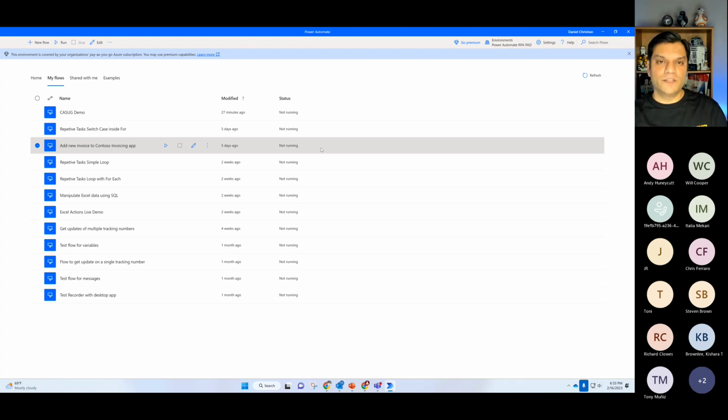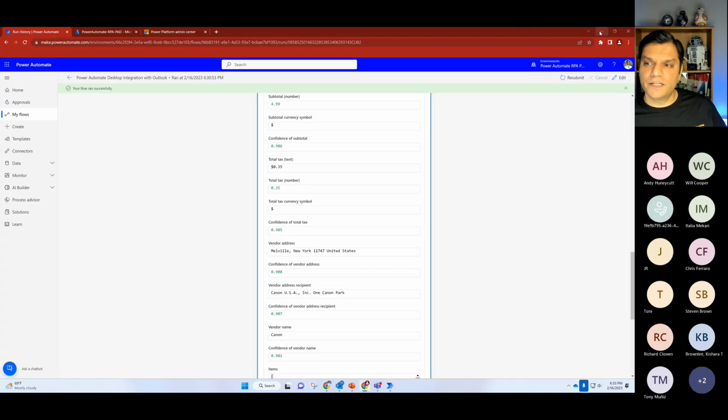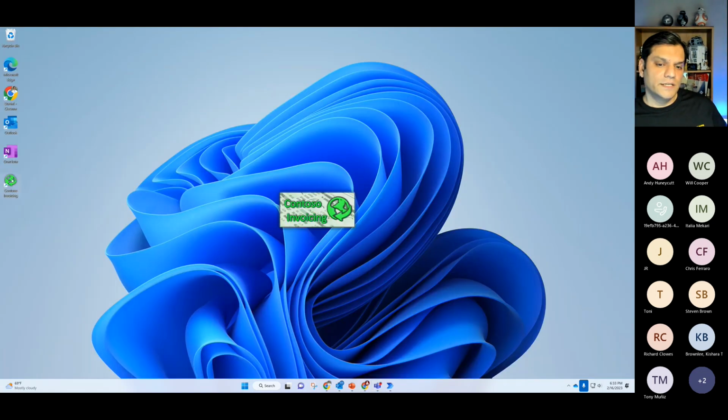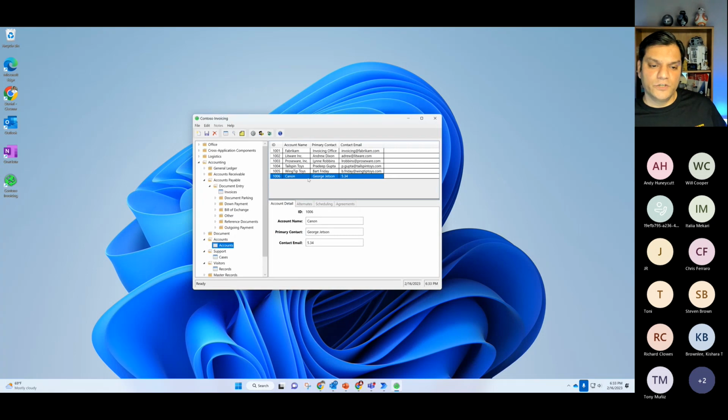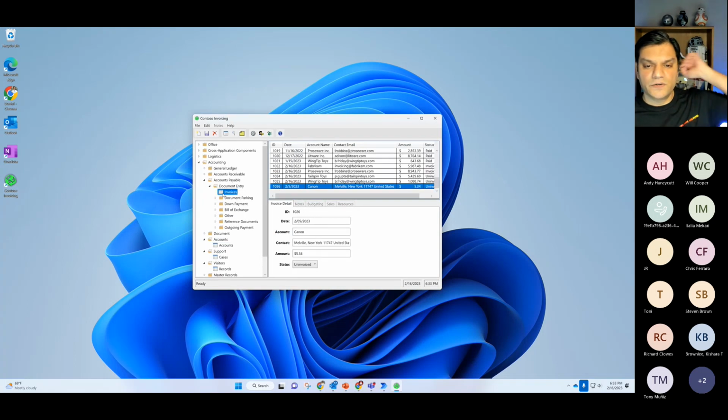And the desktop flow opened up the actual application, which is the Contoso application right here. Right there, it opens it up. And there you go. That's the new entry. Sorry, it's in the invoices. That's the new entry that we just added right there, right? The due date, that date is not today's date. That date is when the actual invoice had it, but it went and updated all of this automatically into your